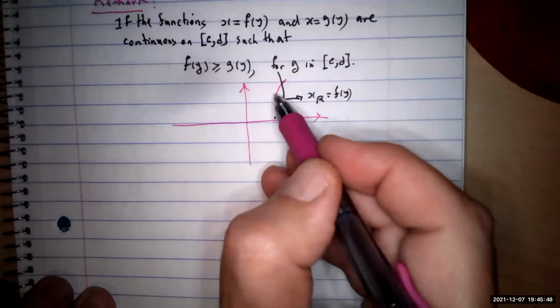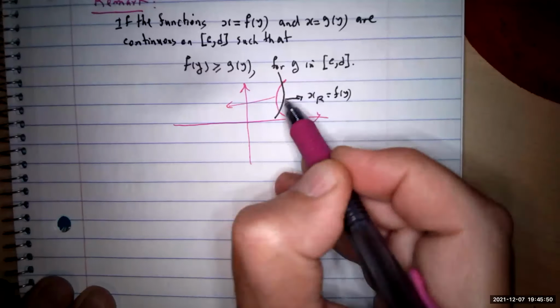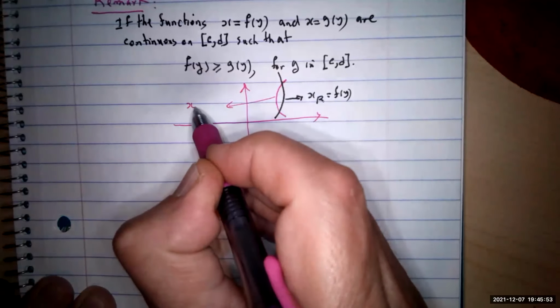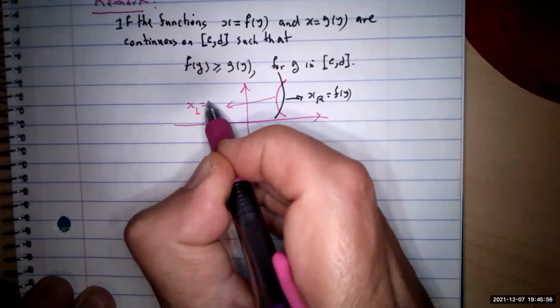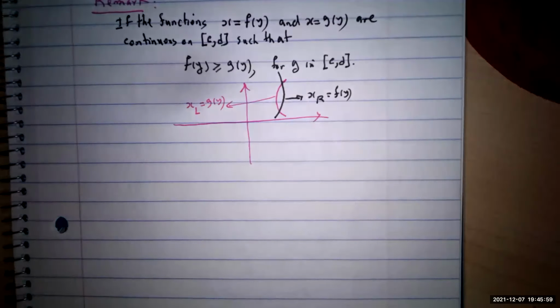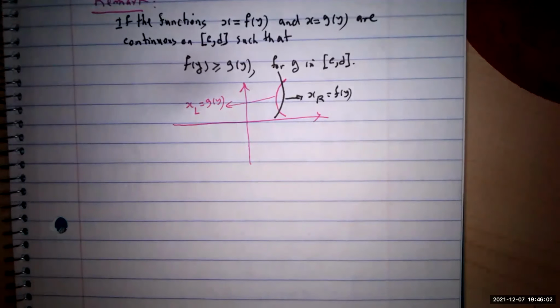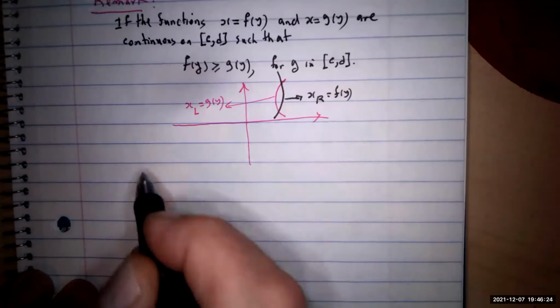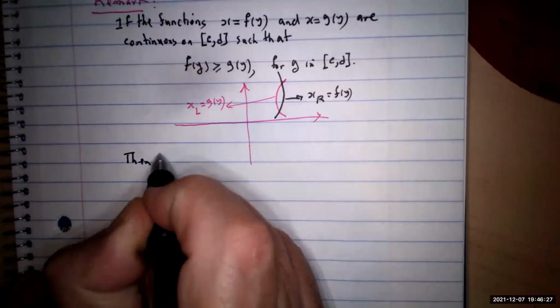And this red one is the function to the left, x of the left, which is going to be g of y. Again, if you want to talk about this type of idea, just find the difference and integrate it. To start with, you put the absolute value around whatever quantity you have, and if your result is negative, you say, oh, I used the absolute value, so it just makes it positive. So if you have it in this format, then you can say that the area